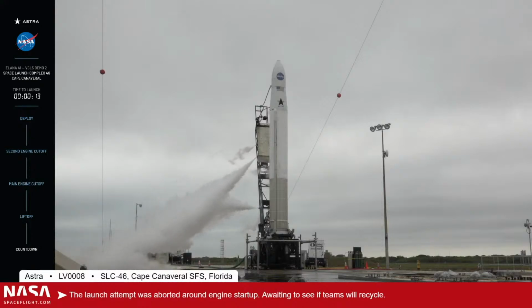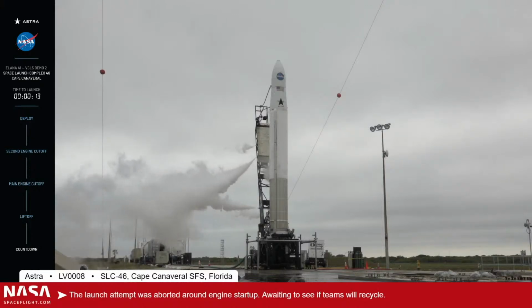And as you saw, there was an abort at our T-0 liftoff time. Looks like we did have engine ignition and an abort was called. The teams are troubleshooting the issue. Looks like the pad is safe and secure, no fires, no issues on the ground. So thanks for standing by while the team looks at what happened